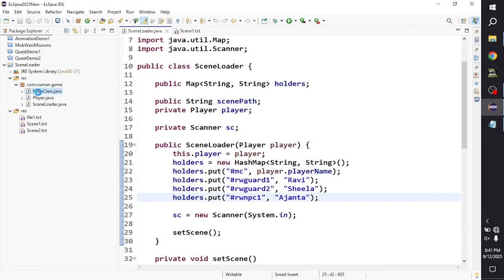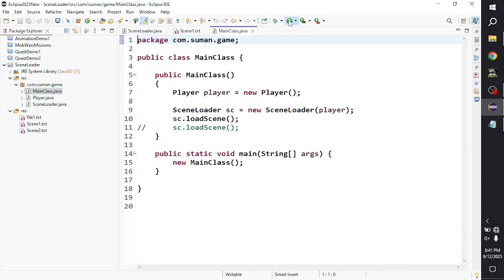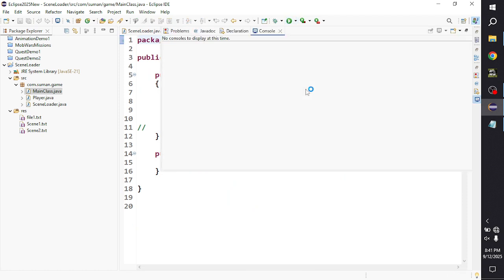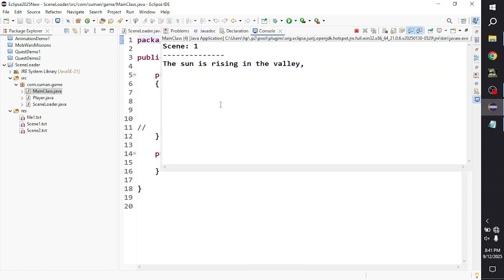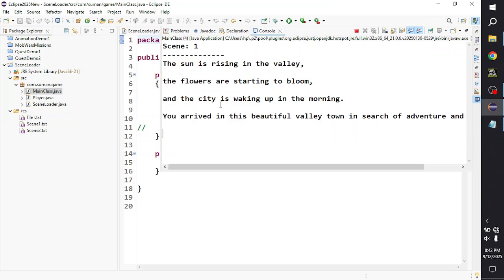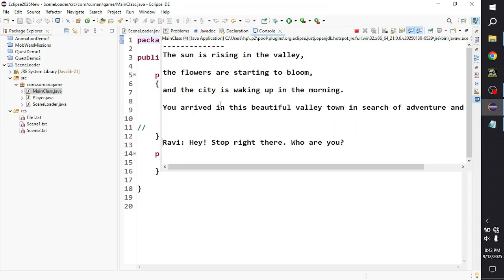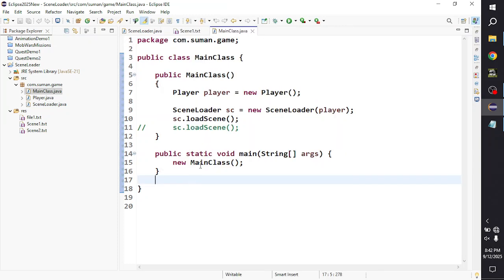So let me show you that again. If I load this main file, yeah, you see, you have scenes like this, you have narration in the front, and then you have an interaction. So in the interaction there is a tag here which is now replaced with a name. Now this is fine, this is good, but the problem here is